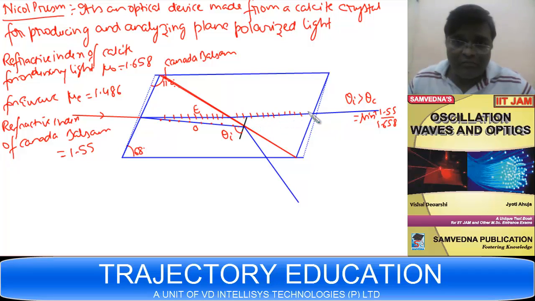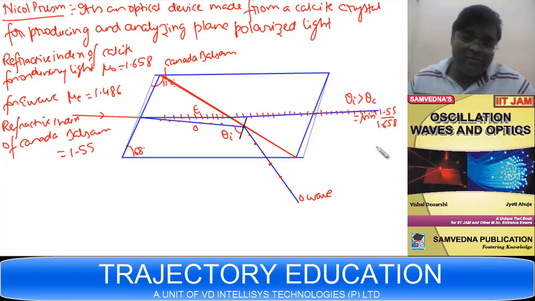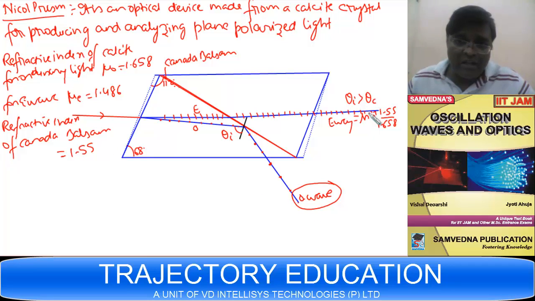It won't suffer total internal reflection, whereas the ordinary wave does. So the O wave comes out this way and the E wave passes through the whole crystal and comes out this side. In this way it is a device from which I can separate the O wave and E wave,